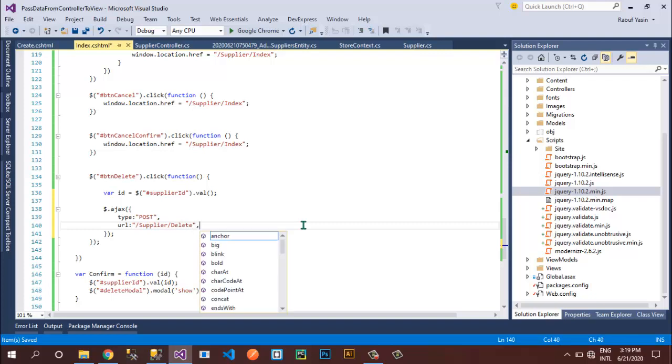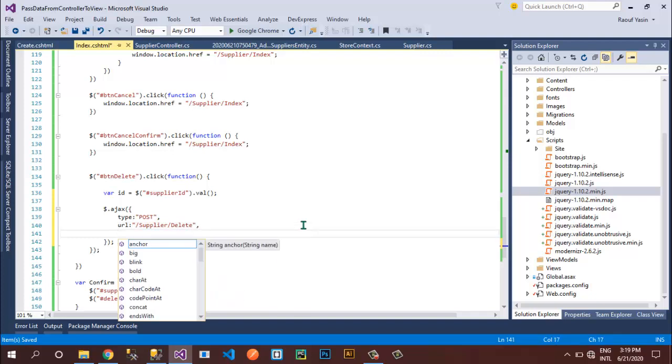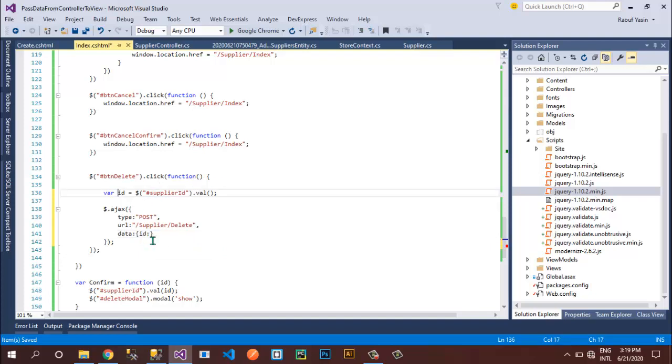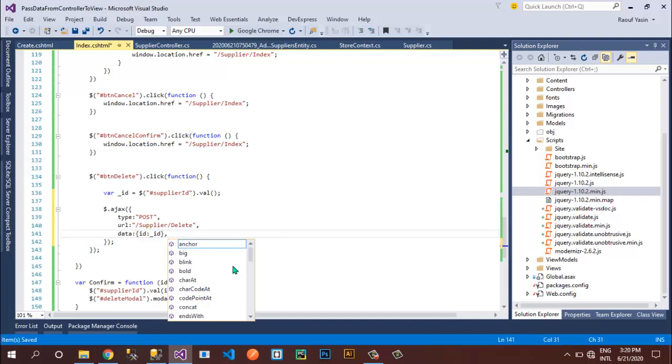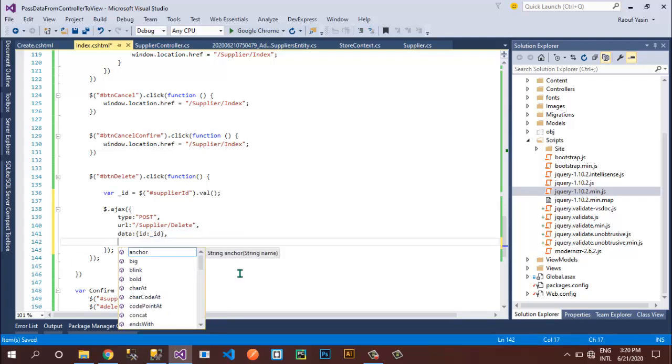Next I will pass the ID as a parameter, where I write data, and I will set ID equals to, and let's change this to underscore ID so that we can differentiate these two variables. So underscore ID. So we are setting our ID variable.